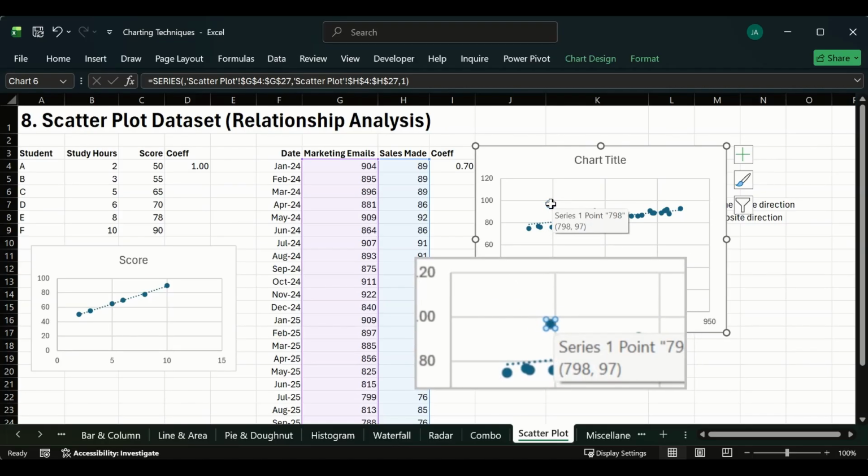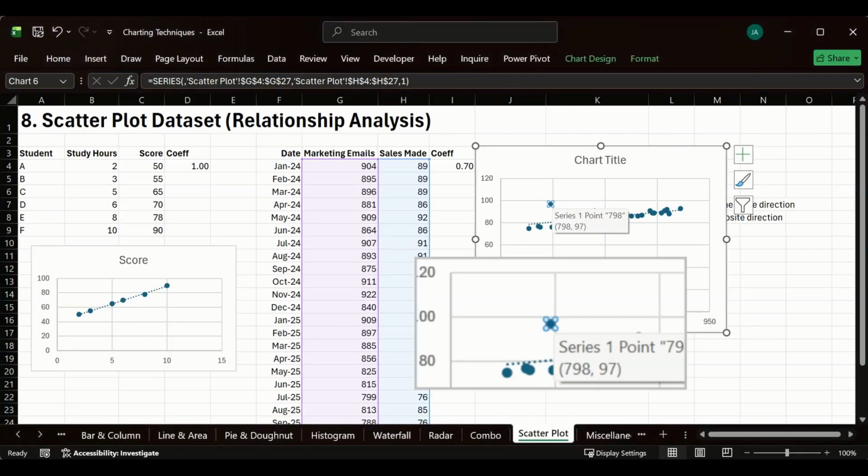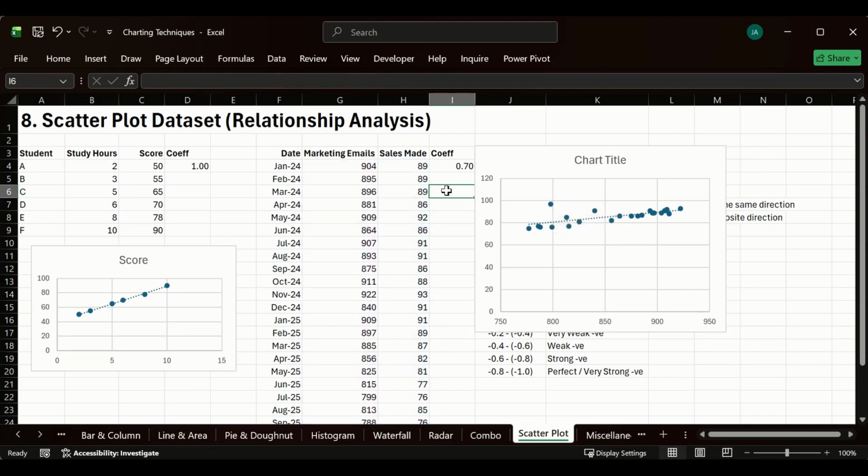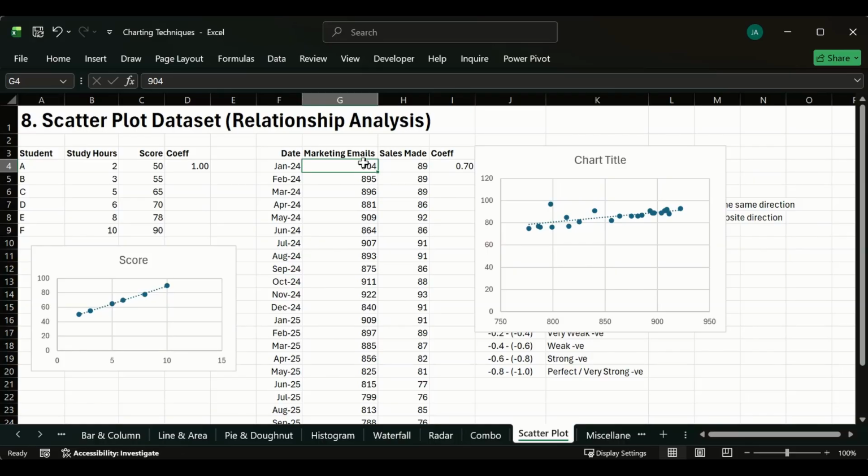So, 798 marketing emails and 97 sales. That looks abnormal. Why does it look abnormal? Right here, we have 904 emails, but just 89 sales. Do not forget that the value we had here was 798 emails sent, and we had 97 sales. We made 97 sales. Now, just from 904, which is one of the top number of emails,